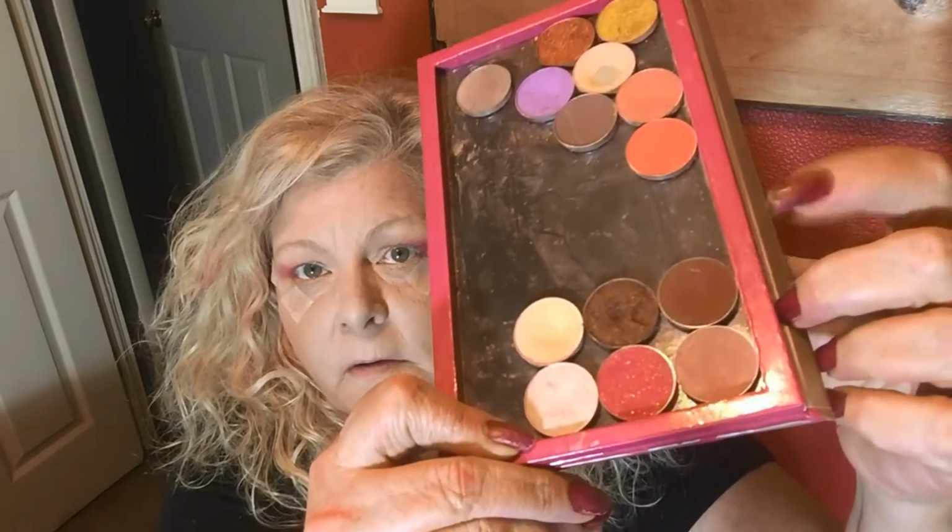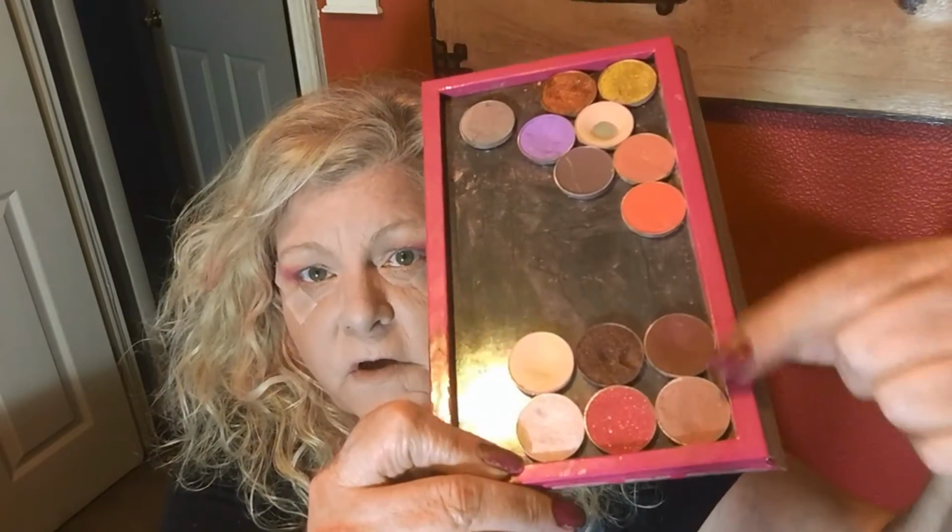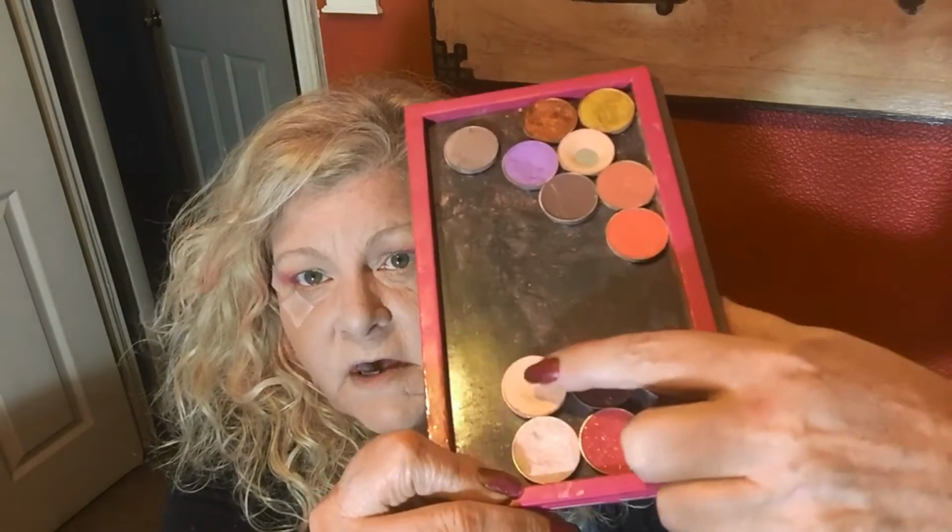Alrighty, next we are going to go in with Bitten. All these are Makeup Geek colors, so we've used this, this, and this so far. We're going in with Bitten next, and we're going to use a little different brush this time. We're going to use our Cheat Sheet brush. I love that brush. The cool thing about the Cheat Sheet brushes is you just kind of pack it, you know? And we're going right in with Makeup Geek's Bitten. That is this one of our palette. And we are going to only do the